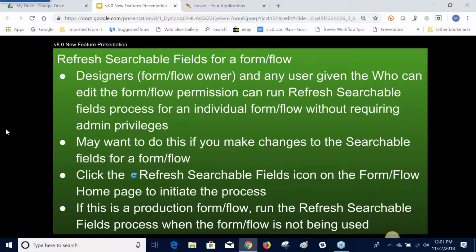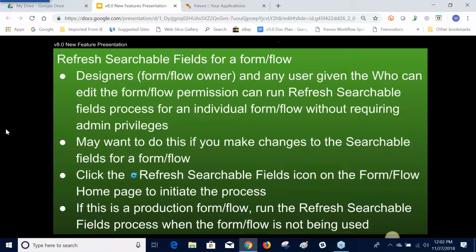This is probably the last big feature that I'm going to talk about, and then there's a couple of tiny ones I just want to mention real quick. But this searchable fields business, you recall when you set up searchable fields, they are fields from your flow that you can use as search criteria, right, in the submissions table or the task search. And the designer pretty much sets them up, right? Let's be honest, things change, right? As you're going along, your people say, hey, we need this, we need that. So let's say you have to make a change to the searchable fields for your form or flow, right? Well, before you had to,